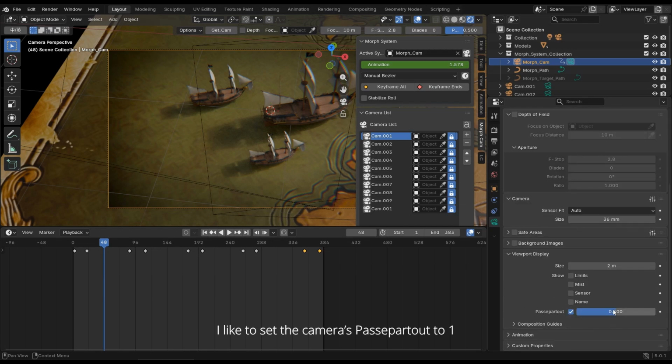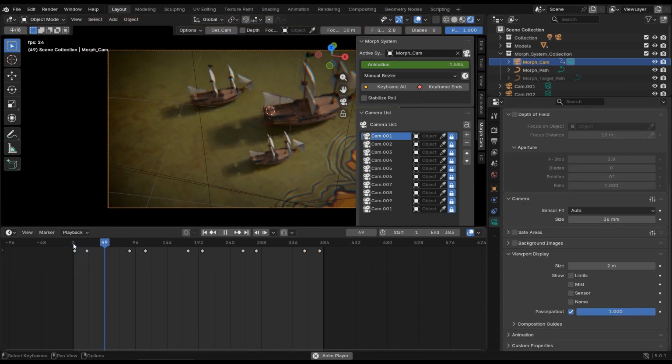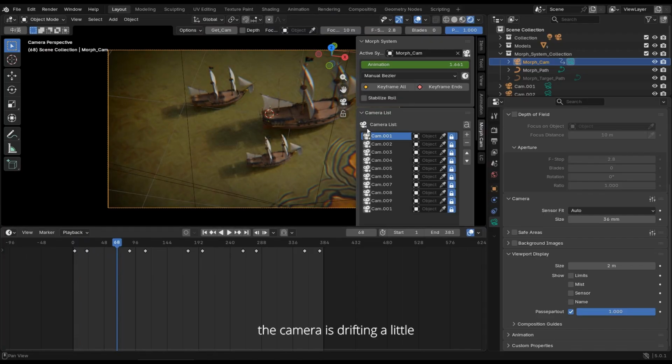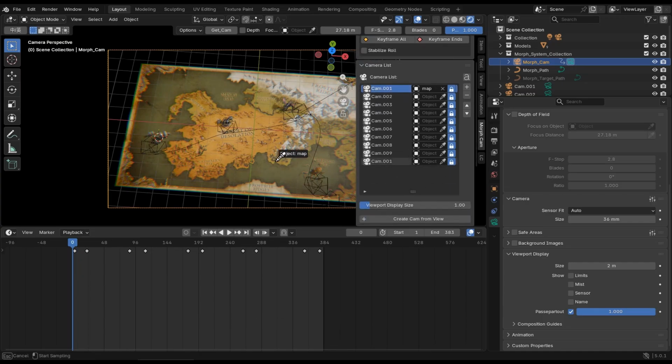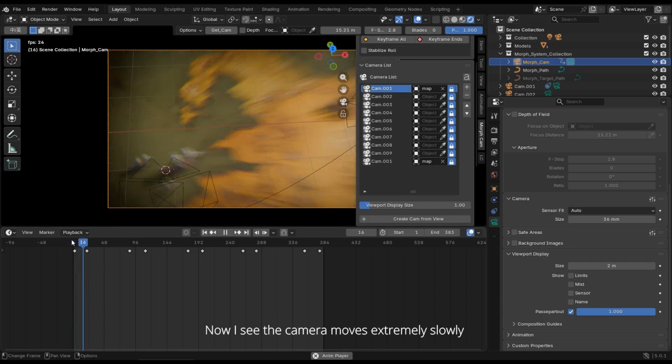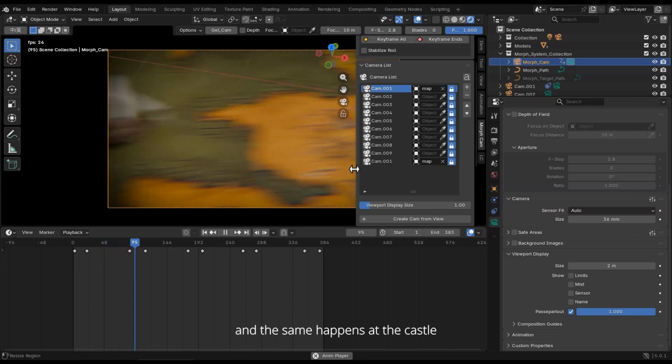I like to set the camera's passepartout to 1. Playing it back. The camera is drifting a little, so I'll set the target object for both the first and last camera to the map. Play again. Now I see the camera moves extremely slowly, almost pausing around the ship, and the same happens at